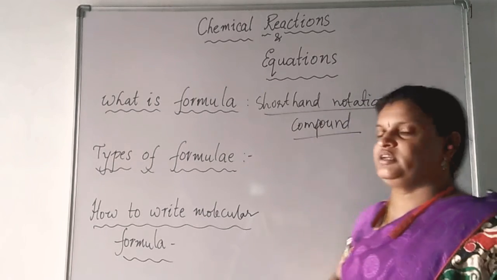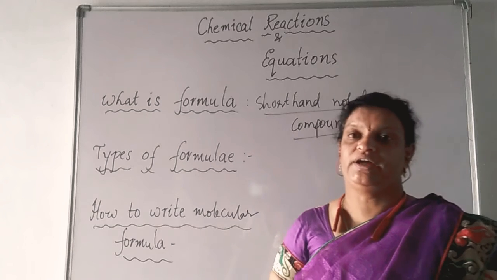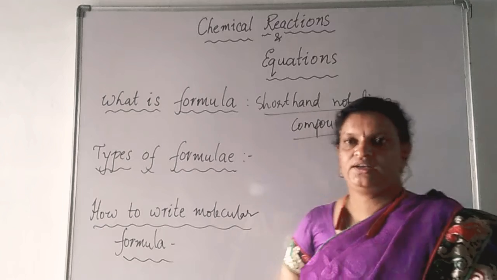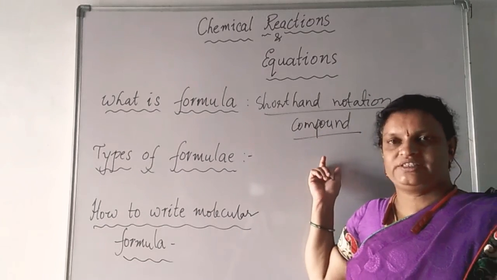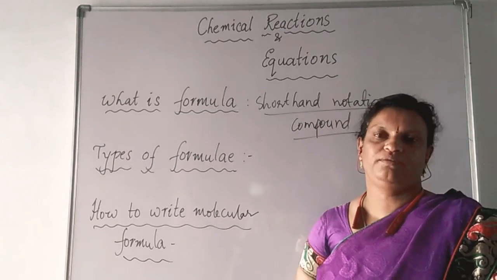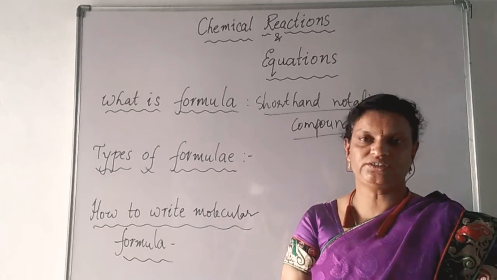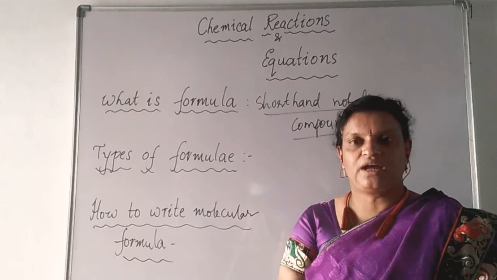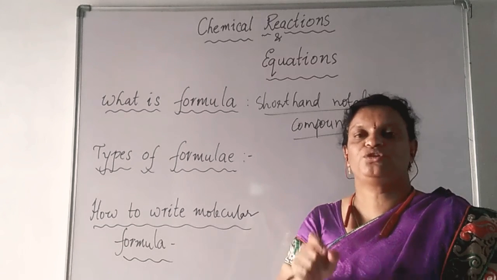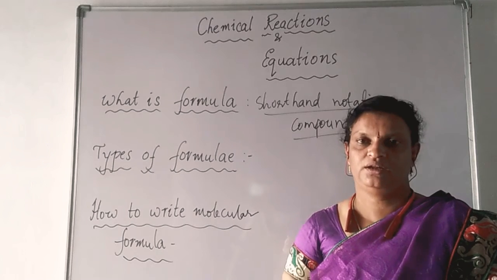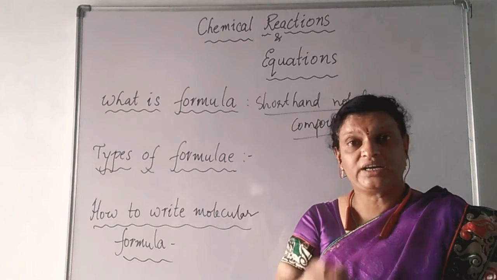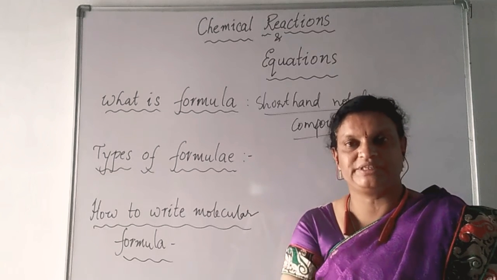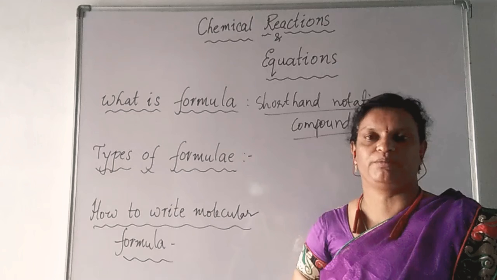As you know, these compounds may have ionic bonds or covalent bonds. Where a metal and a non-metal are present, we say it is an ionic compound. These ionic compounds have ions, and those ions combine together to form the compound. So if you want to write this compound's formula, we should know the symbol of the particular metal and non-metal, the charge present on each, and the valency of that particular ion present in the ionic compound. Then we can write the formula.